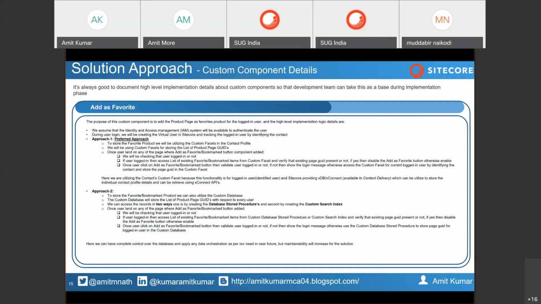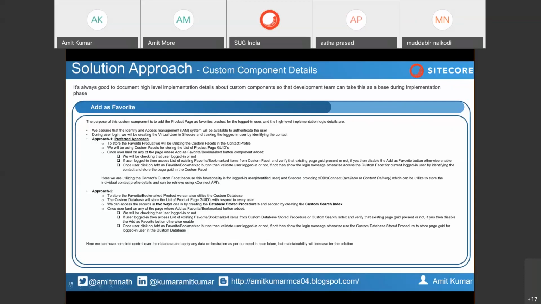There we will not be storing any user ID and password. Generally, we will be storing a first name, last name, and the email address is a unique key to identify a user. So those things will be present, and it also gives a department name and those things. So we can extend that contact profile and store the key value pair there itself. So one approach is to utilize that particular contact profile of the XConnect to store that.